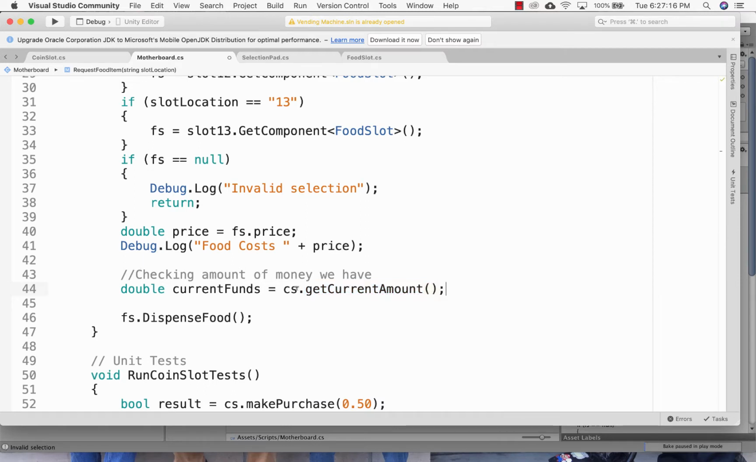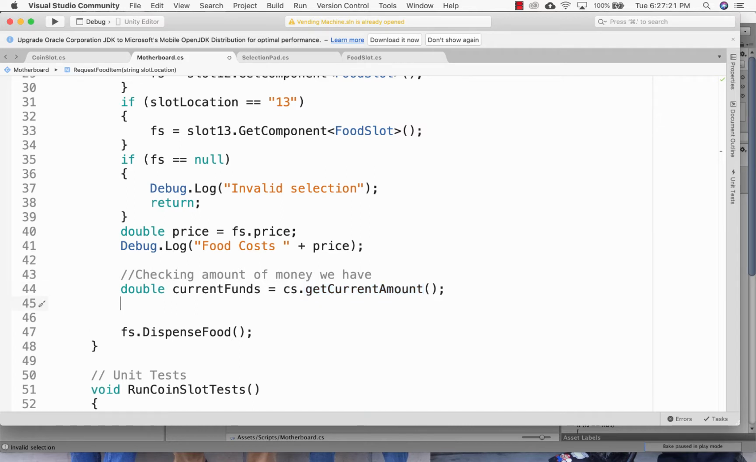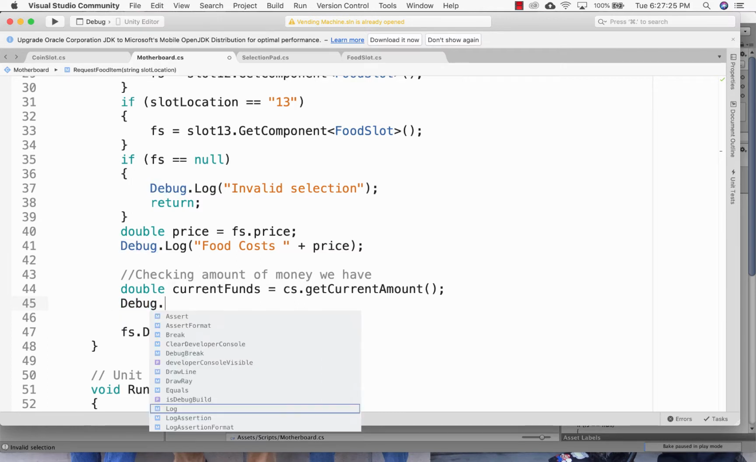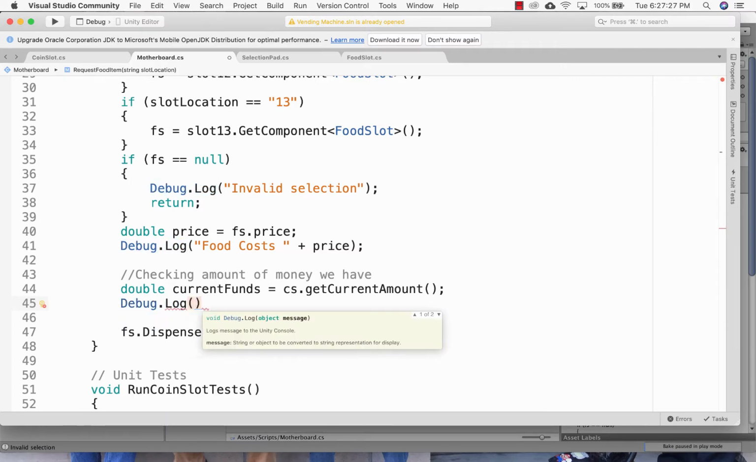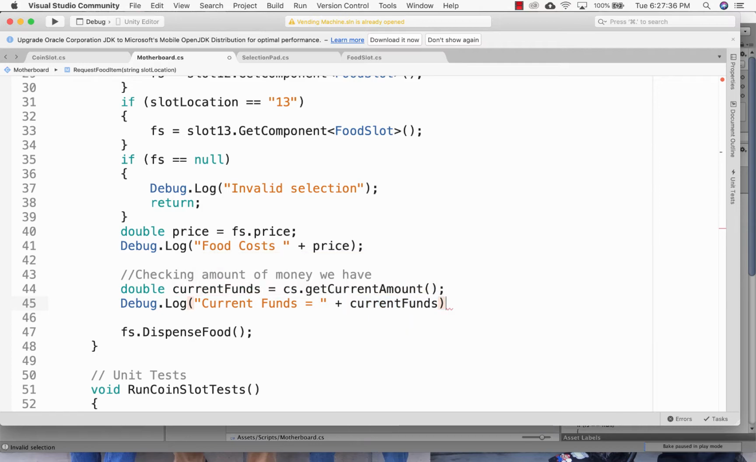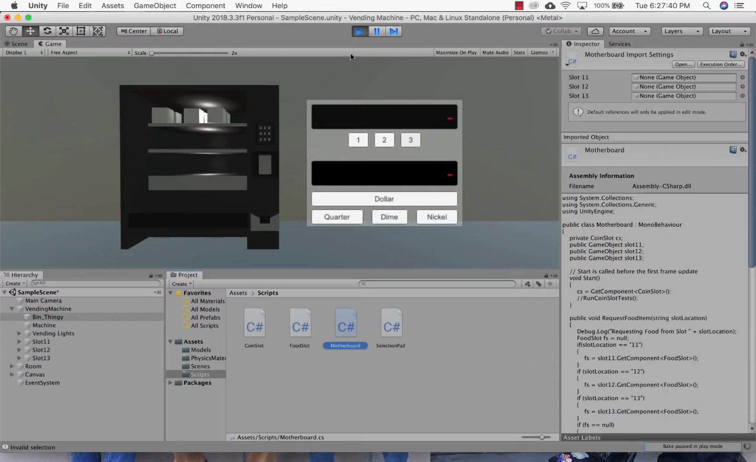There's my lowercase g. Grr. I should fix that. That should be a capital. Now, if we debug log funds, so if we debug log that and run it,